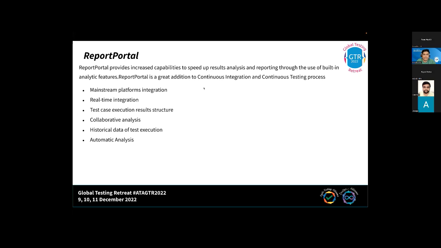By default, we have product bug, we have system issues, and we have even the automation script bug, which can be marked easily in Report Portal. And it makes use of that, on the basis of AI, to mark that in the further launches.